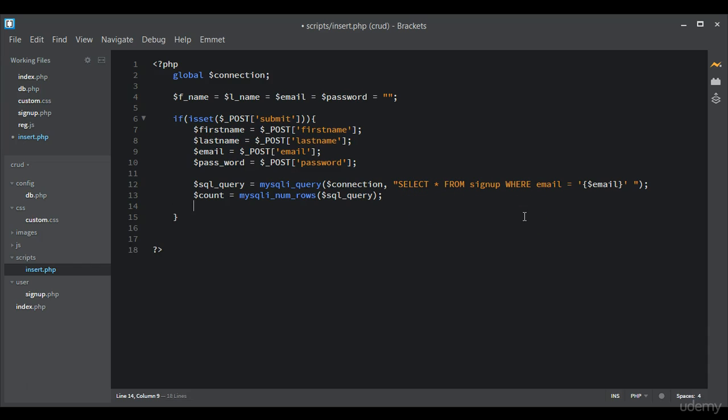Now, what we want to do is check if the input fields are not empty. Then we should perform some operations. So to check if the input fields are not empty, we use a PHP method called empty. So we say if it's not empty, and it takes in the value, we pass in first name. That means if the first name is not empty and